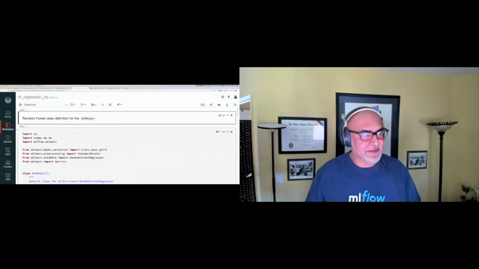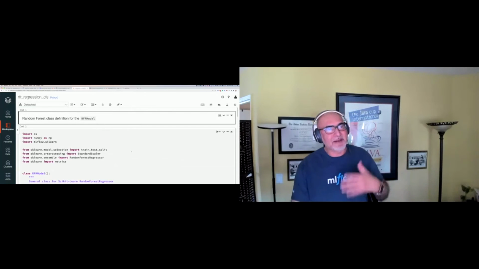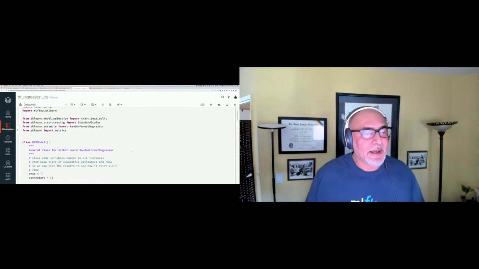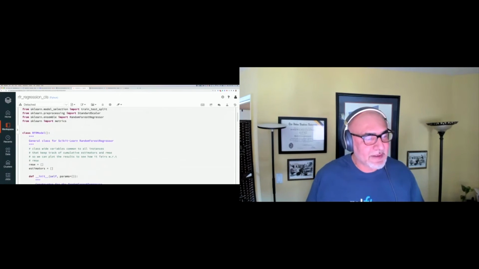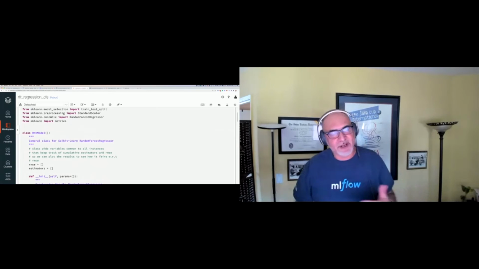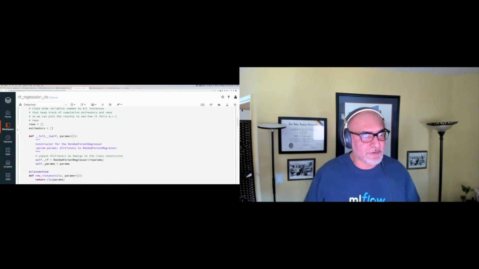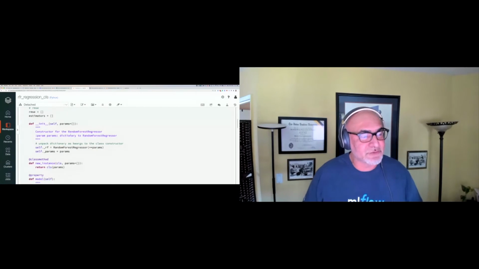The important bit is here. This is my main class, in which I'm creating a random forest model, using scikit-learn and importing all the appropriate things I need. I'm modularizing this so that I can use this model again and again. So I have my class called RandomForest. I have a class variable called RMS in estimator, so I can keep track of which estimators I actually used. And I have my